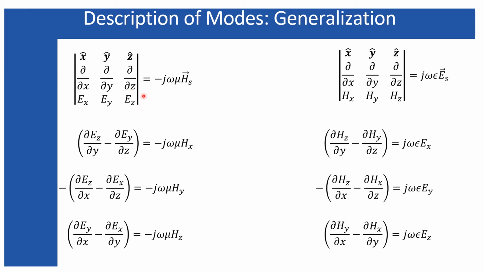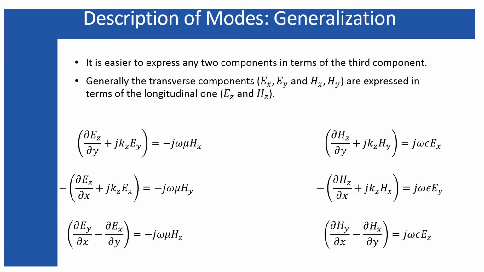Next, the evaluation of the curl. If you evaluate these curl expressions for the electric field and the magnetic field, you will end up with these three separate equations, one for each direction. The x component of the magnetic field will be associated with such an expression, the y component of the magnetic field with such an expression, and the z component will be this one. Similarly, the components of the electric field along x, y and z will be associated with the magnetic field based on these curl equations as I have derived.